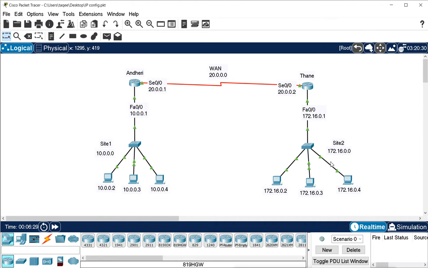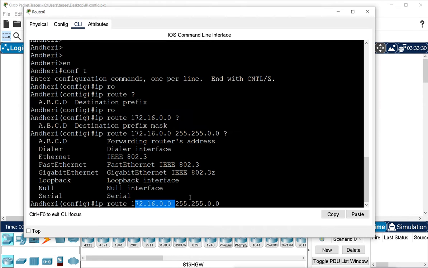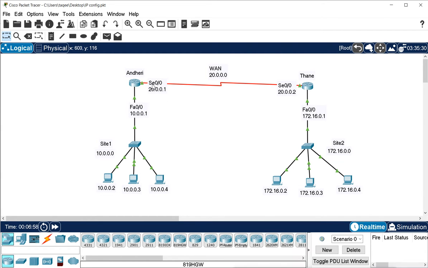To go into the site 2 network, we have to get out of this interface. So what is the interface name? We are seeing here that it is serial 0/0.